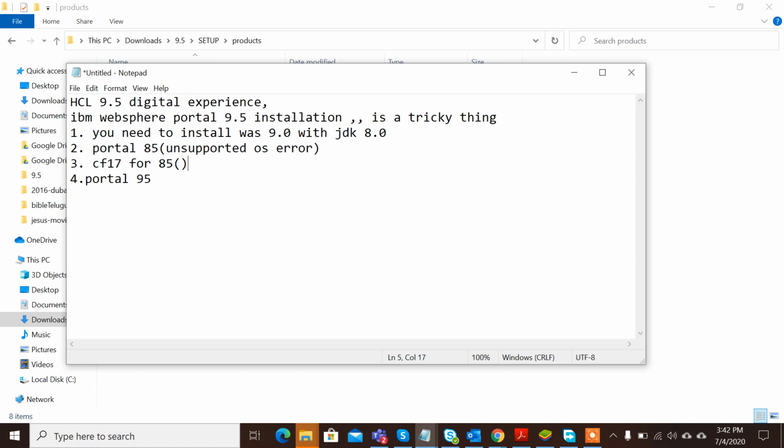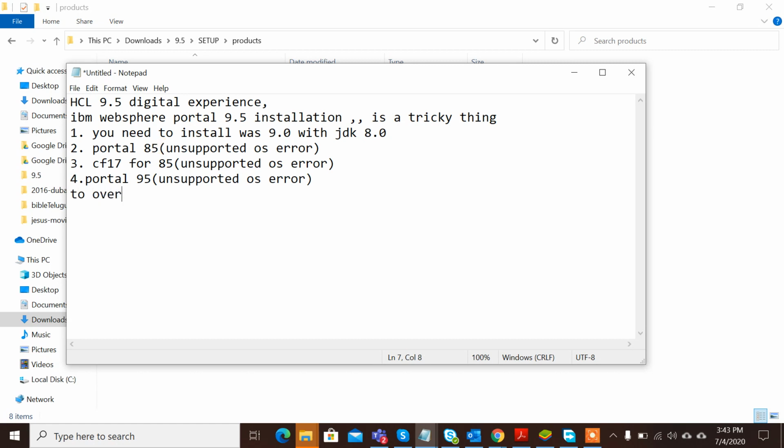Here also you will face the unsupported OS error. Similarly here also, these packages will throw this unsupported OS error for sure.